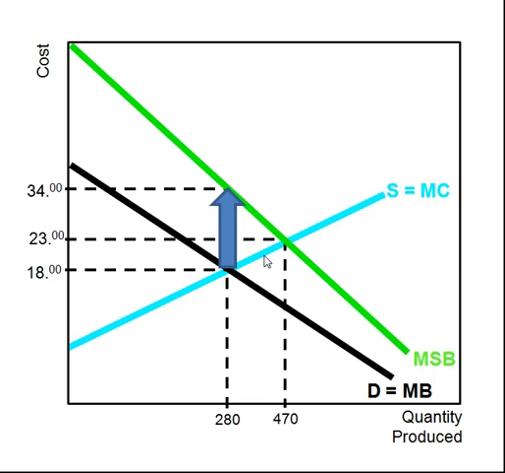And so we would assess this subsidy here by determining the value of the positive externality at our private equilibrium. And so the value here would be $34 minus $18,